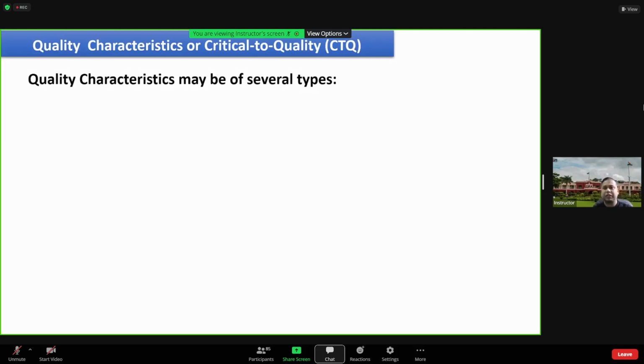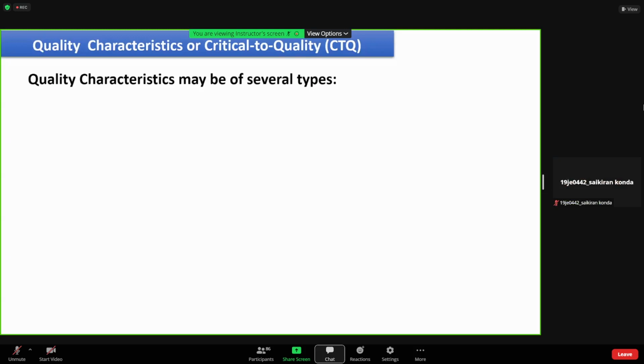Whatever project we have taken up for implementing improvement, maybe a Six Sigma project or any quality improvement project, identifying the critical to quality components is important,